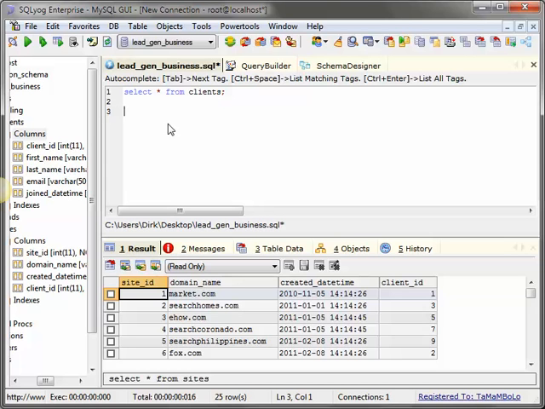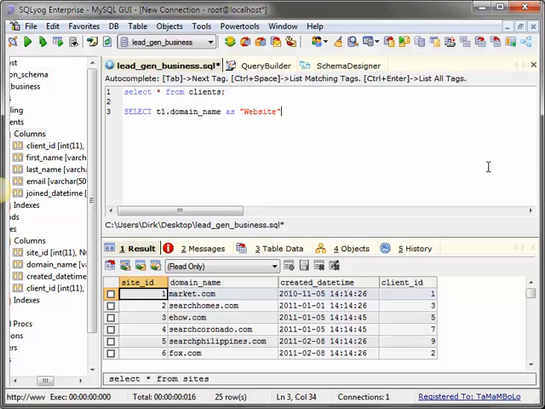So first, we'll type select, and then T1, because I'll name the sites table as T1 afterwards. So T1 dot, we want the website, so the domain name. This is the site's domain name, domain_name, and then we name it as website.